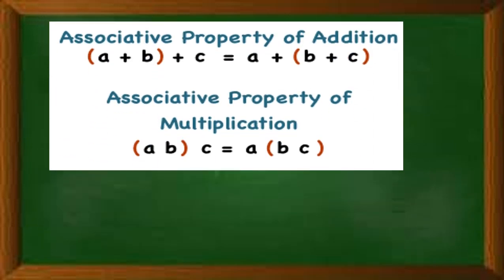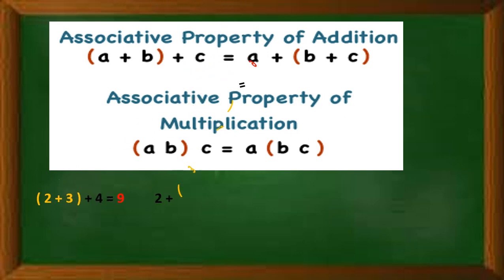Now the next property is the associative property. This property holds for addition as well as multiplication, and it says that if we have three integers a, b and c, the way of addition is different, but the answer is the same in both ways. Similarly in the product case also, when we multiply three integers in different ways, we still get the same product. Let's have a look with an example.